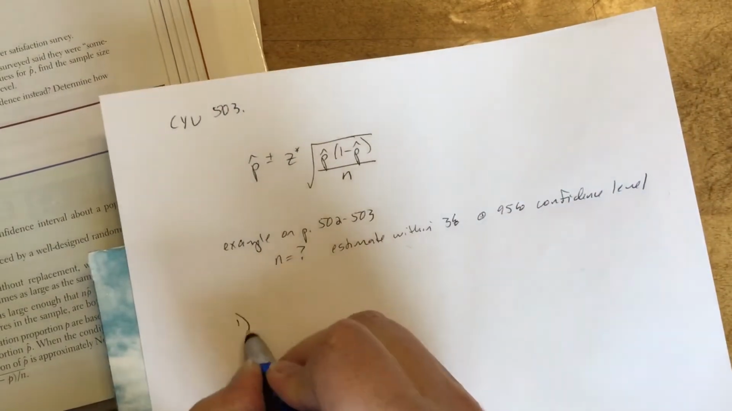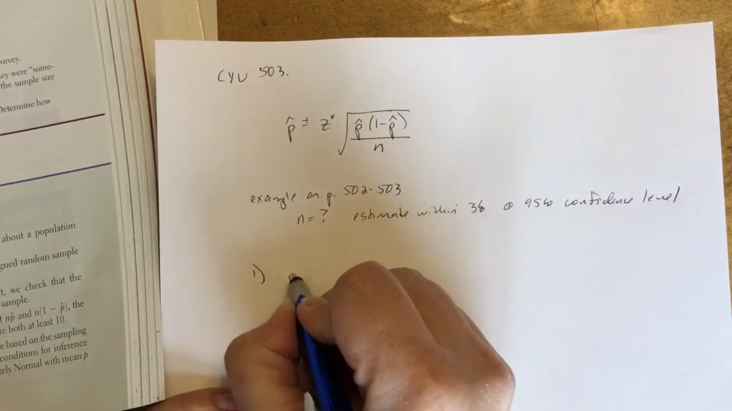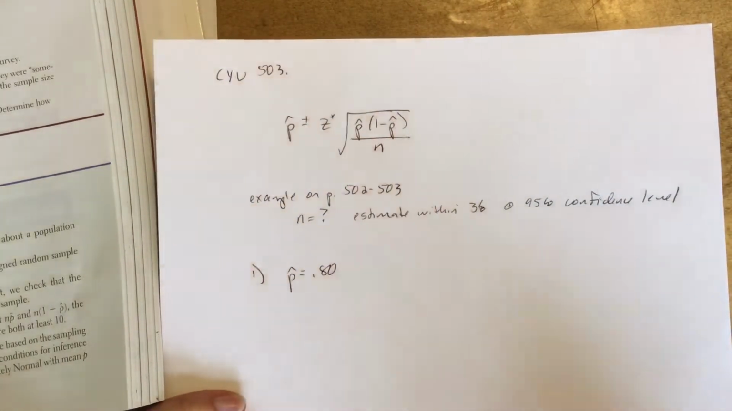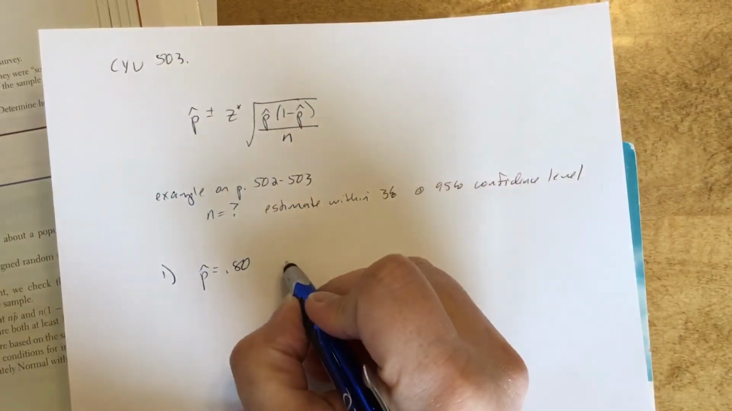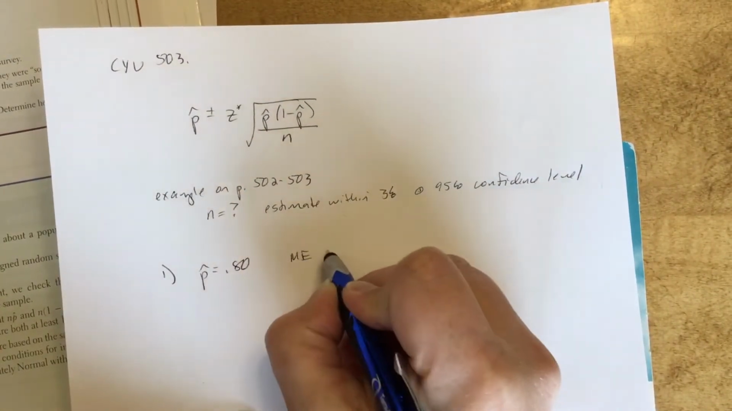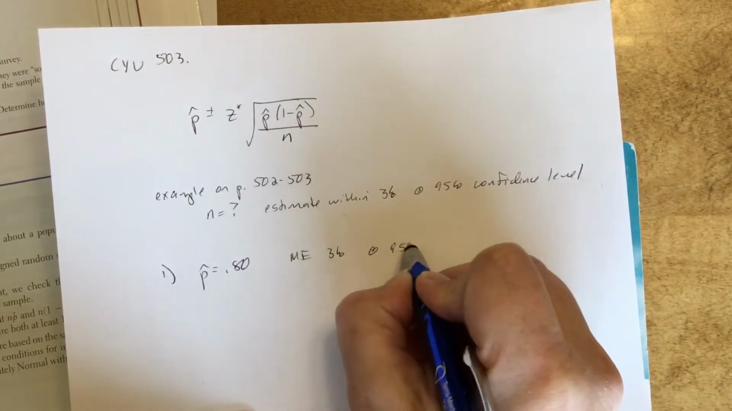So for number 1, we are told we're going to use p-hat of 0.80 for our 80%. We want to know our margin of error of 3%, and again, we're going to be at a 95%